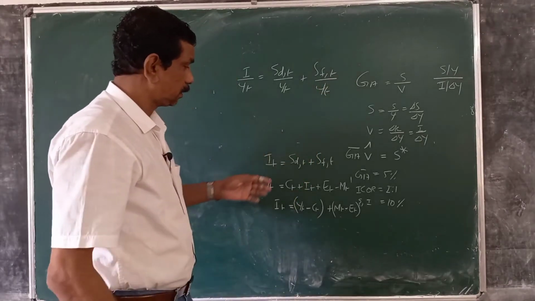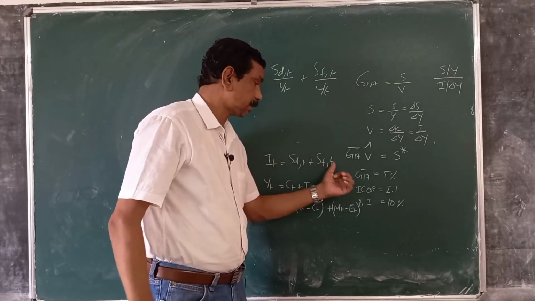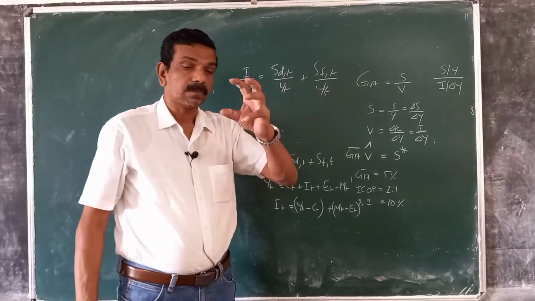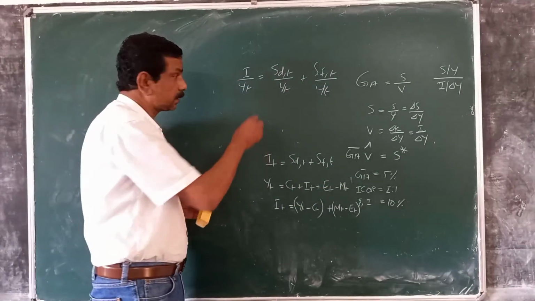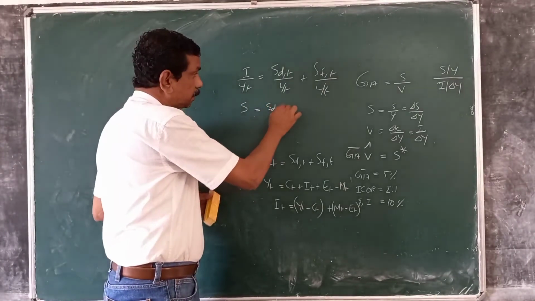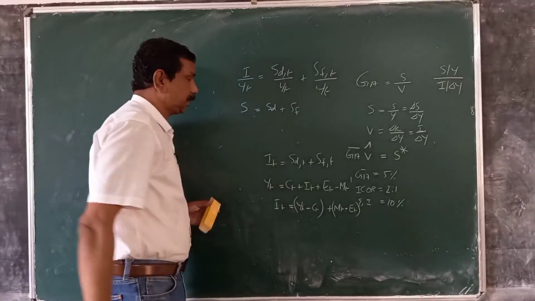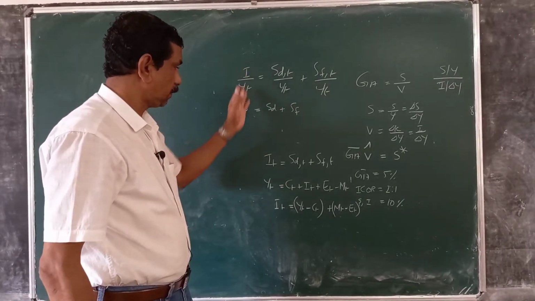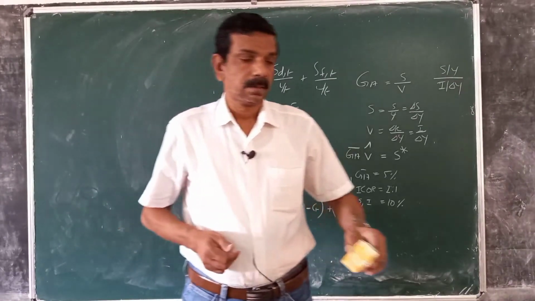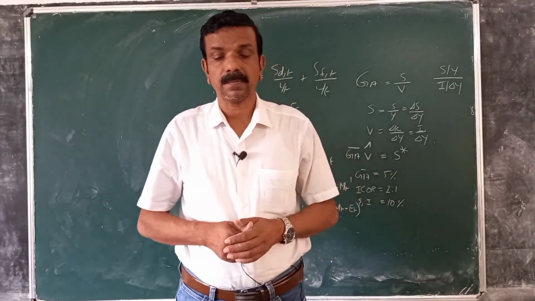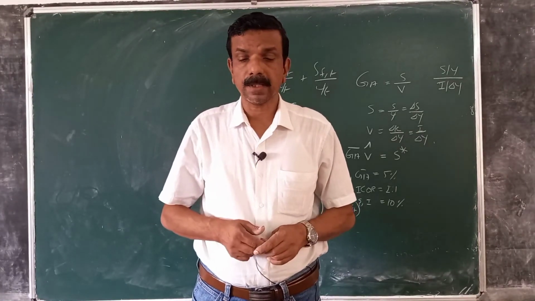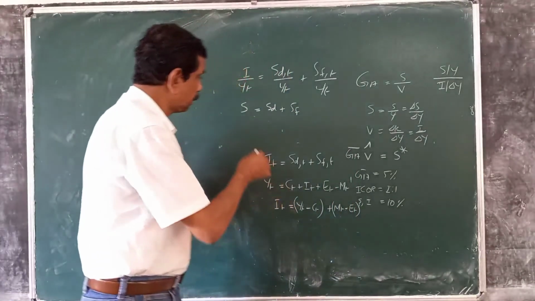That is the same equation that we have considered in growth form, that is S is equal to SD plus SF. Saving, or investment, is equal to domestic plus foreign: domestic saving rate plus foreign saving rate. So using this, we can write S star